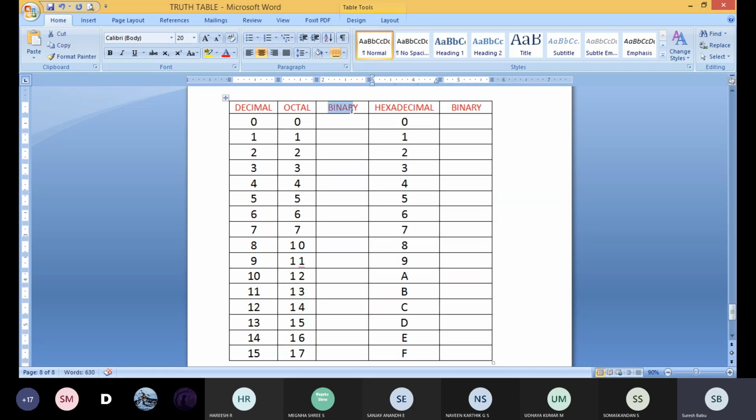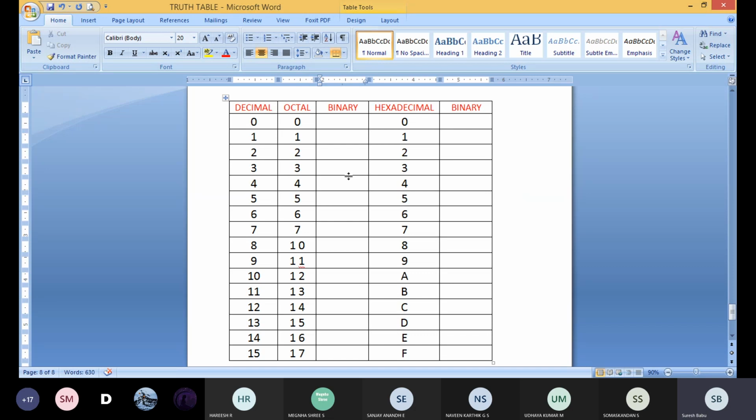So now binary digits for octal. Binary for octal means you have to write it in a 3-digit number. In hexadecimal, the binary equivalent is written by a 4-digit number. That's all. Okay. So up to these 8 numbers, that is 0 to 7, is equivalent. So we have to write simply the 8 possibilities that we discussed in the truth table.